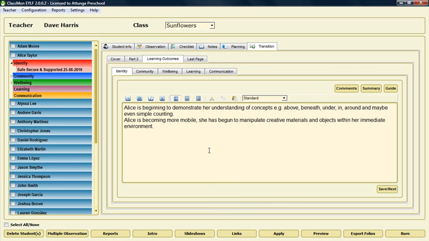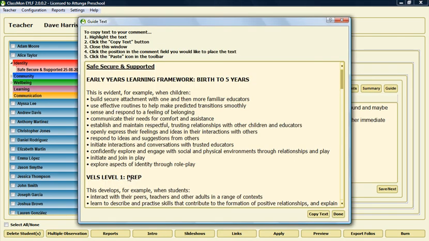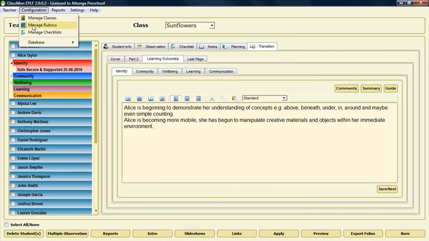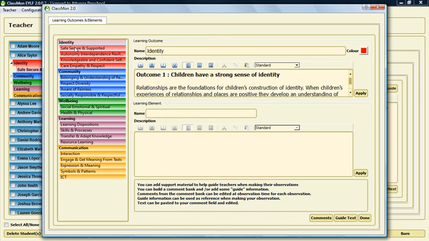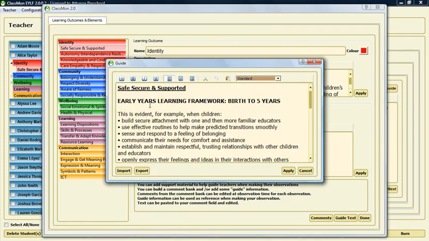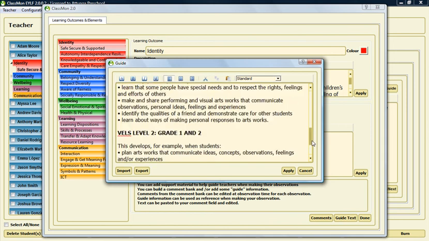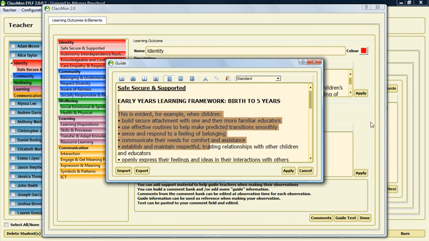Now it's not only the comments that you can add to ClassMon, you can also adjust the guide text. So you may have noticed the guide button here. This is the guide text from the Early Years Learning Framework that is relevant for your state. You can actually edit this information. So if you've adjusted this text in any way at your center, you can then load that text into the rubric. So by choosing, again, Safe, Secure and Supported, choose the Guide Text button, and you can now edit any of this text. So you can add to it, you could delete it and put your own text in, and then that text will become available whenever you click the Guide button while making your